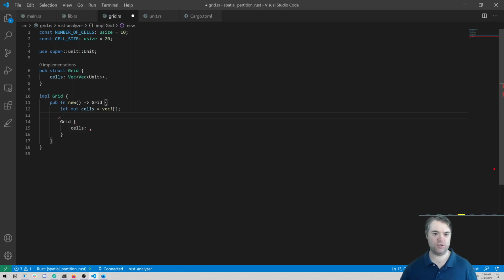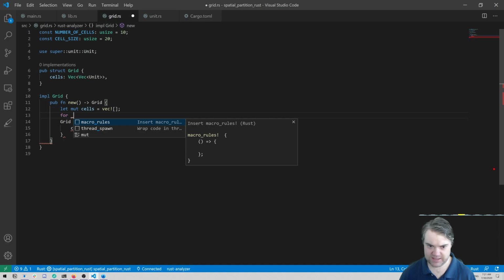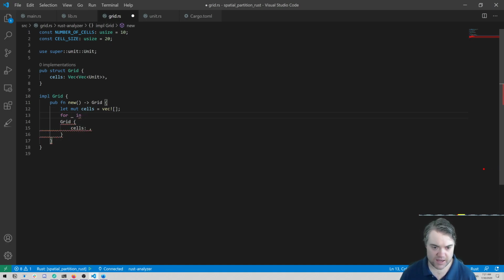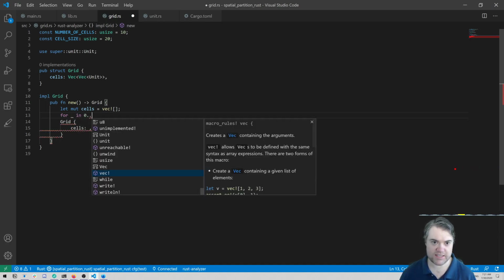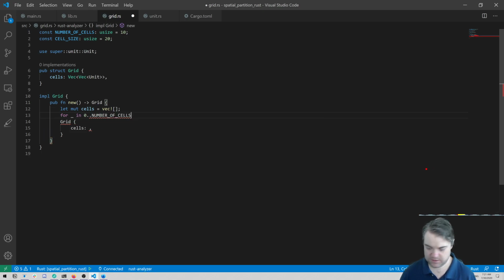And then we're going to want to loop through the number of cells downwards, so the y's essentially, and push them into this vector. So we're going to do for this is going to be our, do we even care about this? Not really. So it's like this in 0..number of cells,